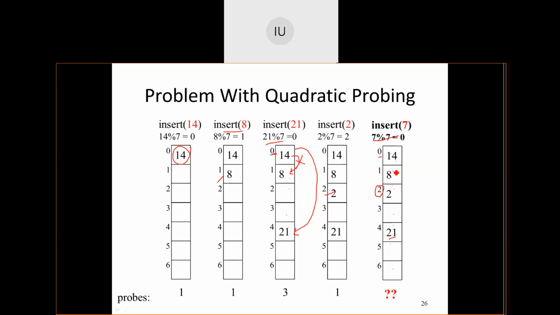Okay. 1, 2, 3, 4, 5, 6, 7, 8, 9, 10, 11, 12, 13, 14. Where has it come back? It has come back to 0. Plus 5 square you do. That is 25. Again, it is getting mapped to the same position which has an element in it.